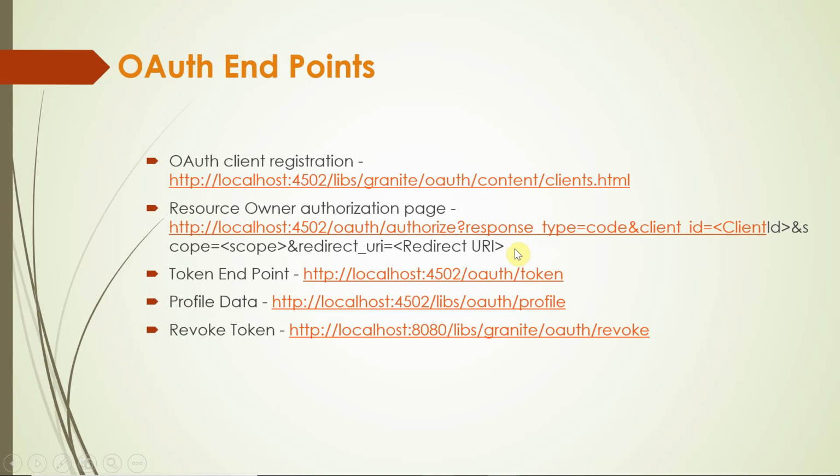Here we will have a response type of code, so it will provide back a code. That code can be used to get the access token. Obviously we need to provide a client ID, and the scope is important here: what is the scope this resource owner is authorizing? It could be profile, or a custom scope like dam read, or offline access, or whatever we can provide. Then the redirect URI, which is configured in the client app we are going to register. The same value should be provided here.